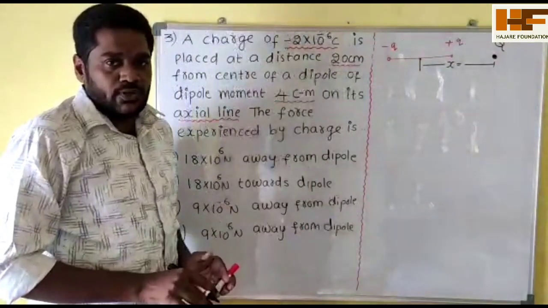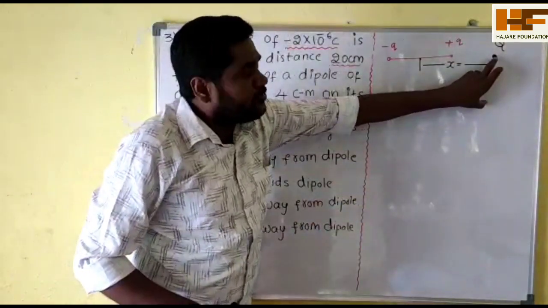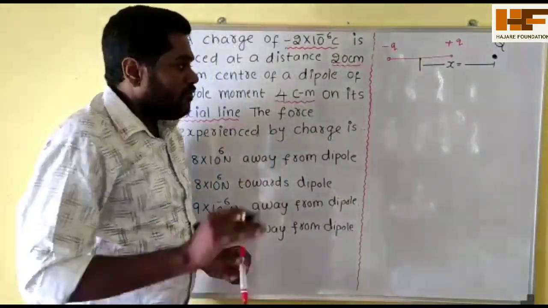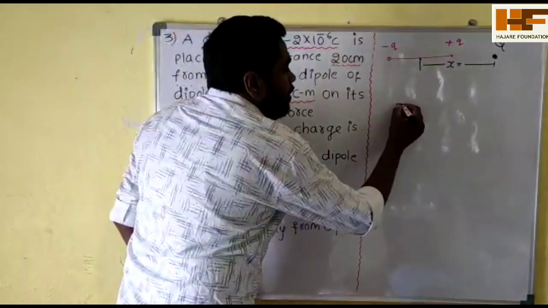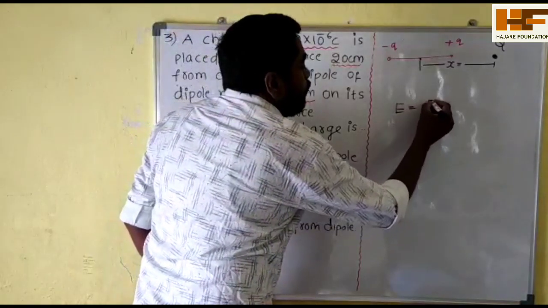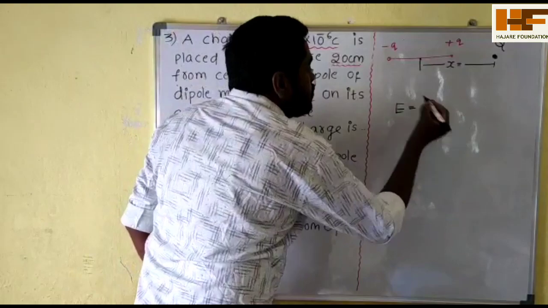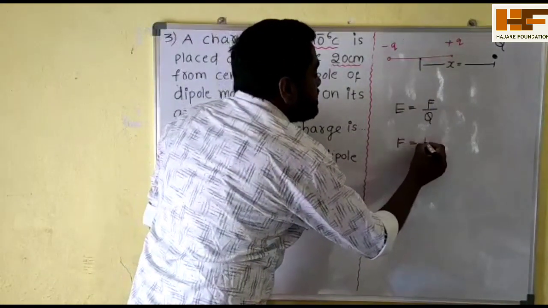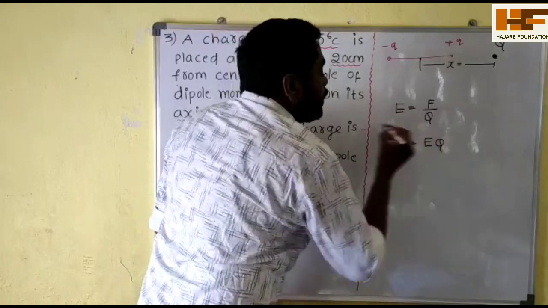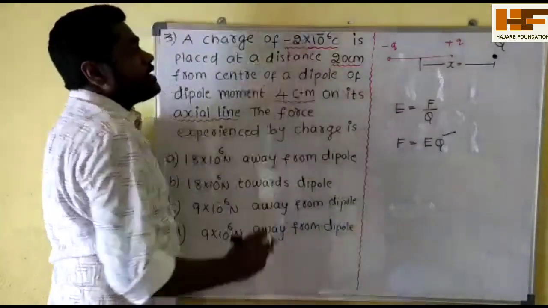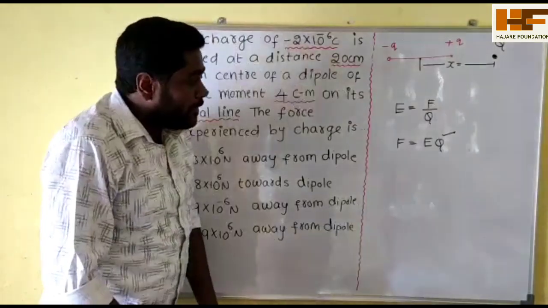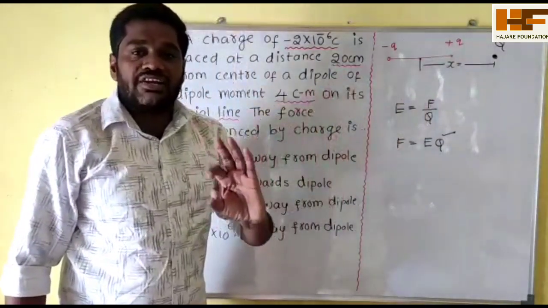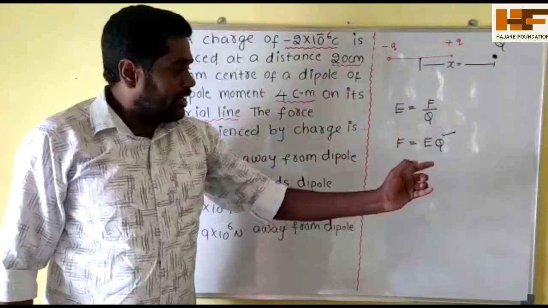That is the question. So now first of all, at this point, what you have to calculate? Electric field we have to calculate. Why? Because according to the electric field definition, what I told you, E is equal to force experienced per unit charge, or not? So now from this, what is the force experienced? F is equal to E into Q. Q is given as minus 2 into 10 power minus 6 coulomb. But what you have to find out is just at this point the electric field. That's it. Remaining as usual.